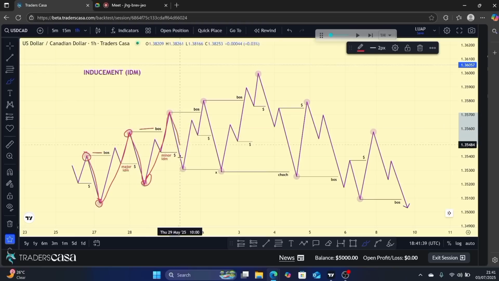Then after that, price retraces back to the range, forming a higher low, and you can clearly see this low is higher than this, and then price does that again, making a break of structure, and this one here is a higher high. You can see this one is higher than our previous higher high, so this is the recent higher high. So when you see such a pattern where price is forming higher highs and higher lows, this is what we call an uptrend, and not until the recent higher low is broken by